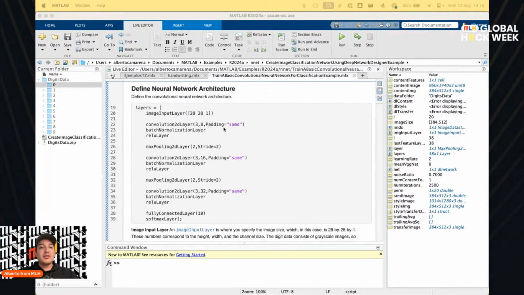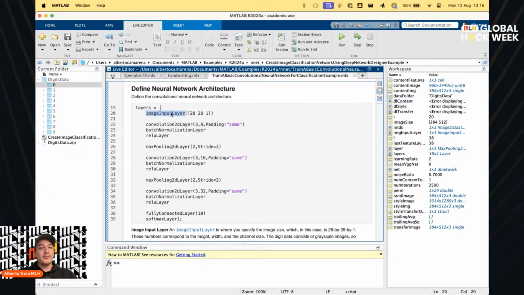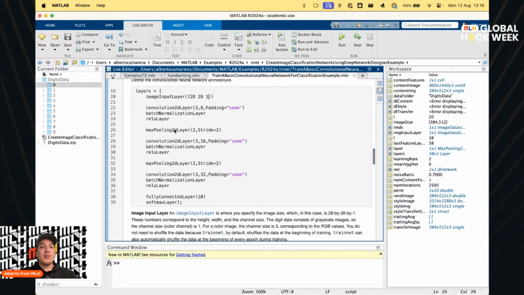Remember, this neural network is formed by the input layer. This layer just receives the image. The image here is set to be a 28 by 28 by 1 dimension matrix. Then the convolution layer, the batch normalization layer, and a ReLU layer. This block right here is separated for a reason, because